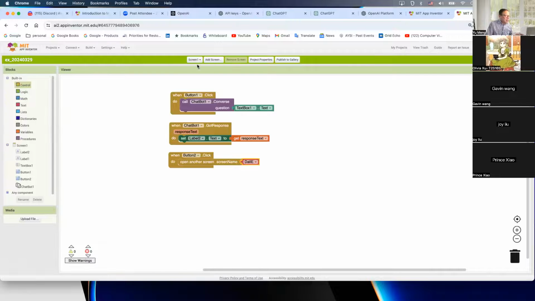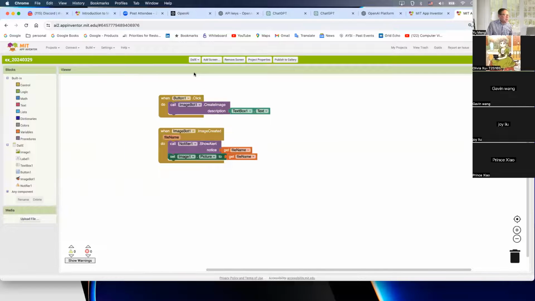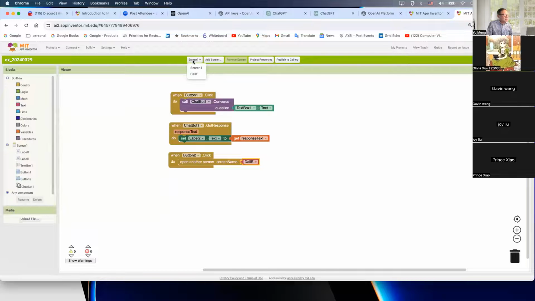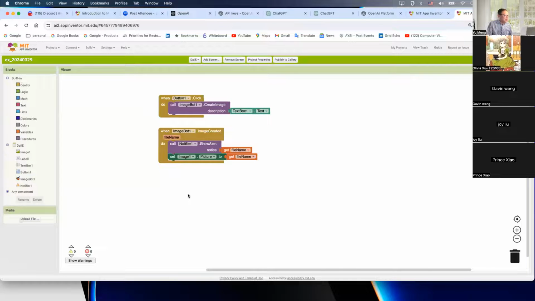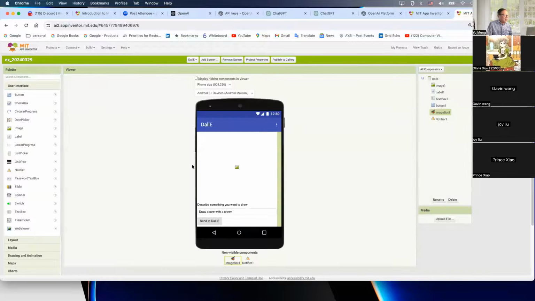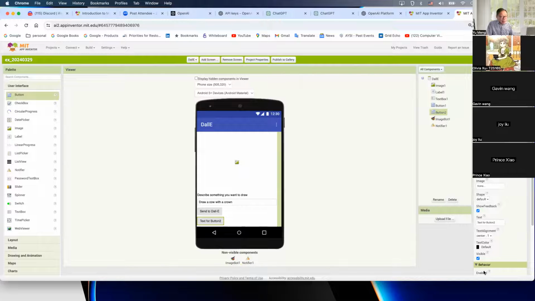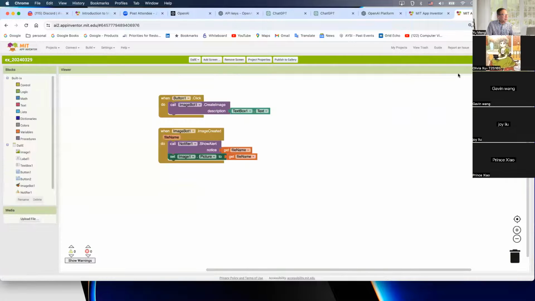Okay. So the same thing, we're gonna go to the Dall-E to do the same. What we do is we're gonna add a button right over here. And this button, we're gonna say go to ChatGPT. Okay. So yeah, whenever we click this, we're gonna go to ChatGPT. Look, the button two, whenever we click it,